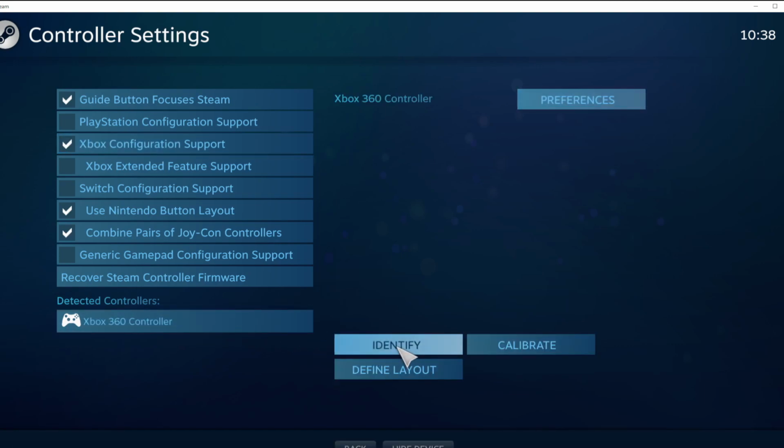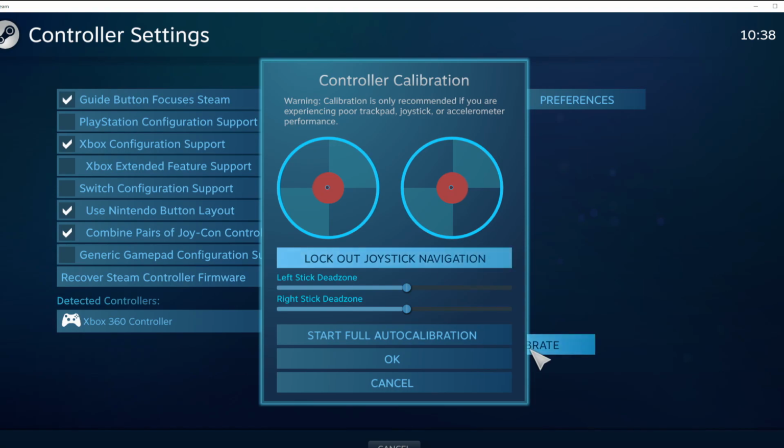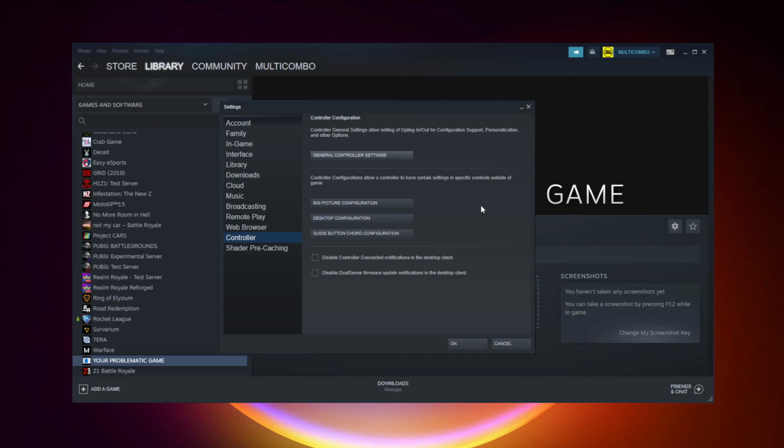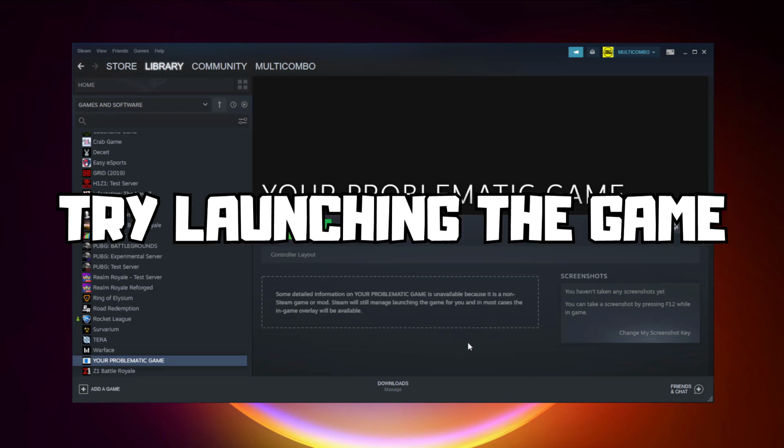Click Identify. And calibrate controller. Close window. Click OK. Try launching the game. If that didn't work,